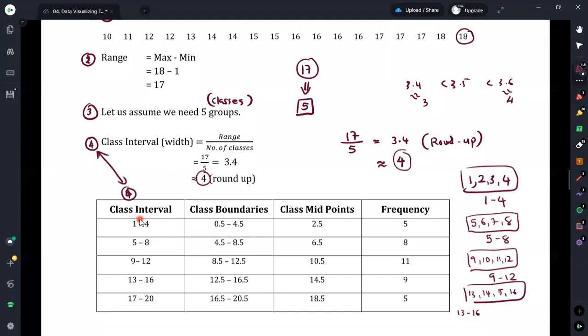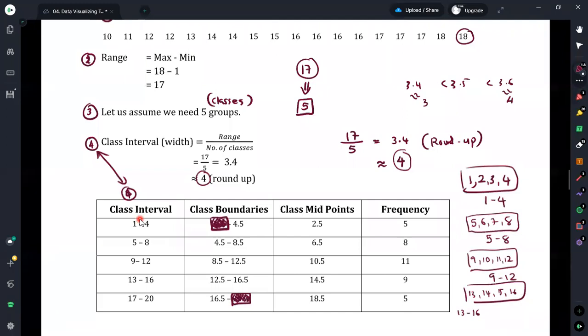When we are constructing the class boundaries, we are not going to calculate the lower class boundary of the first class initially. We are just forgetting about this value. Therefore, we will keep this value as a space, and then we will keep the final value as a space. We are not going to calculate all these initially. What we can do is start from this value.